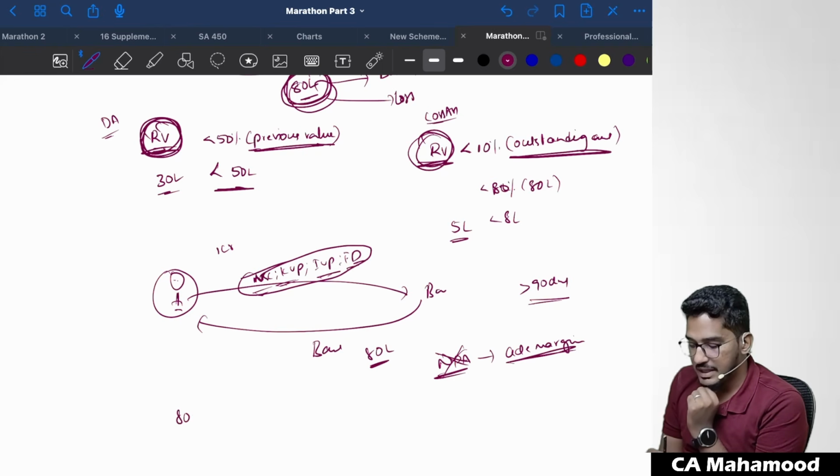So take for example 80 lakhs of loan he has taken, 1 crore of fixed deposit he has given. He did not pay the installment. He did not pay, so interest accrued is 8 lakh rupees. So total amount outstanding is 88 lakh rupees. He did not pay the amount for more than 90 days. Is it required to be classified as NPA? No, not required. Why? Because there is still margin available.